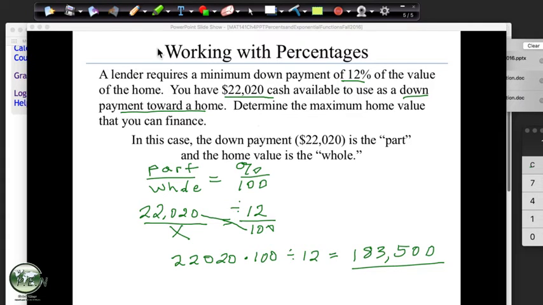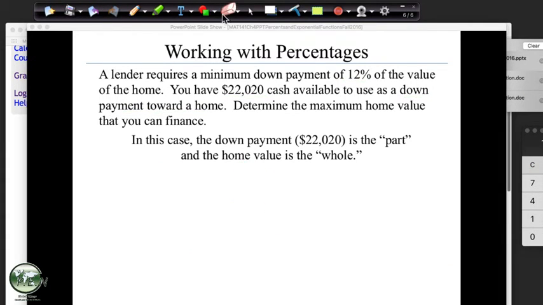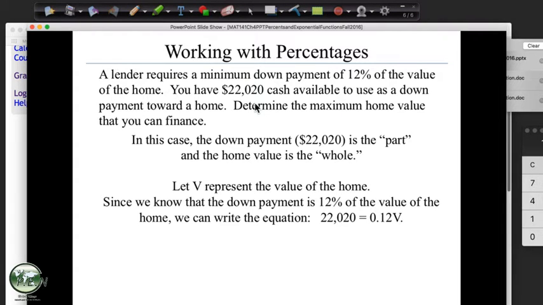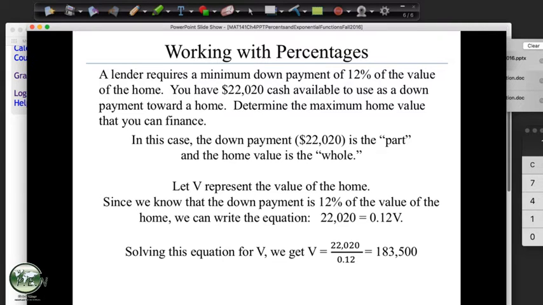Okay, so let's do this, and then we'll see what the PowerPoint tells us to do. I'm sure we come up with the same answer, but notice they do it a slightly different way. They're taking 12% of the value, then you divide by it. It's still got the 183.5. So again, I gave you both systems. You can use the way the PowerPoint has them going, which is fine, and it might be more familiar and comfortable to you. That's great.